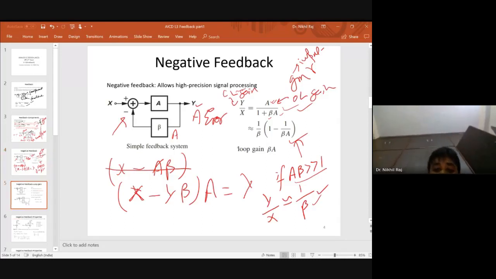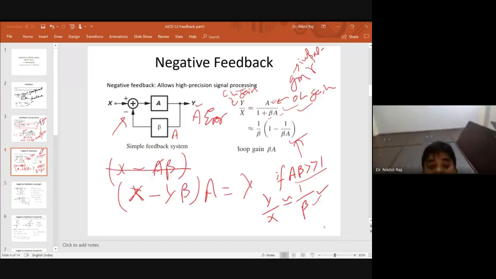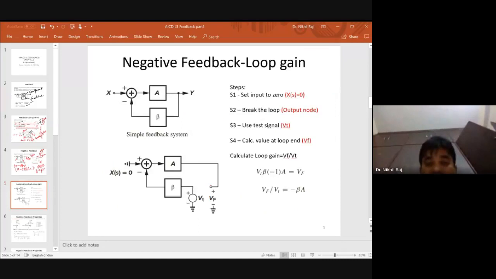Okay, so in the negative feedback, as you have seen, the loop gain plays a role; this loop gain is called A beta. Loop gain has very much importance because it can make my transfer function or the gain independent of the device variations, component variations. So this is a negative feedback loop gain.